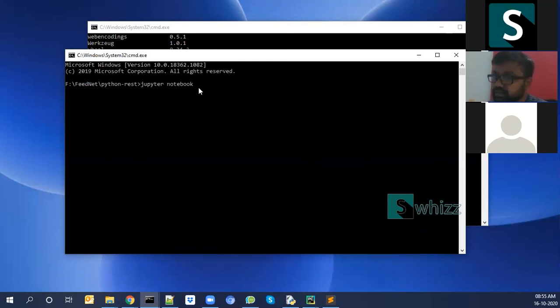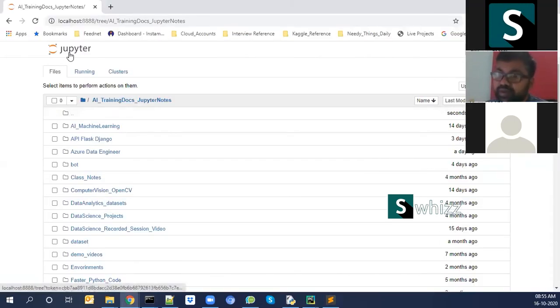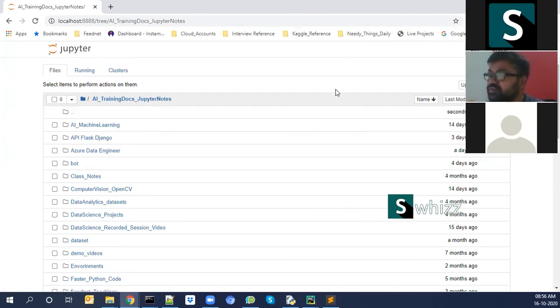Yes, one page will open. You will get a window like this. At the top you will get the name Jupyter. In the right corner you will get Upload and New. You can directly open New. You can create a folder here, subfolders, and rename that, or you can directly open a Python notebook. Anything is fine. So today we'll open a new Python file. Okay.